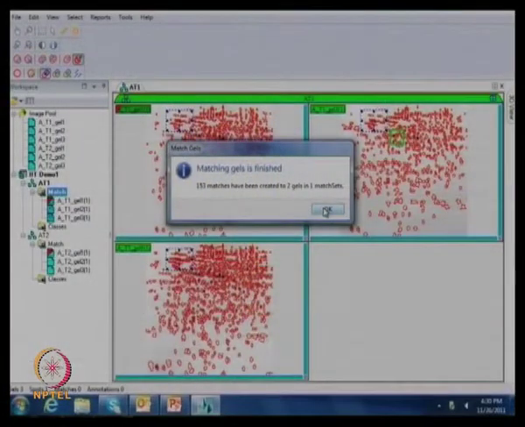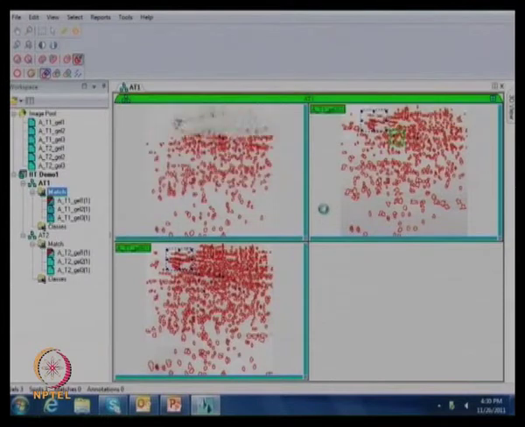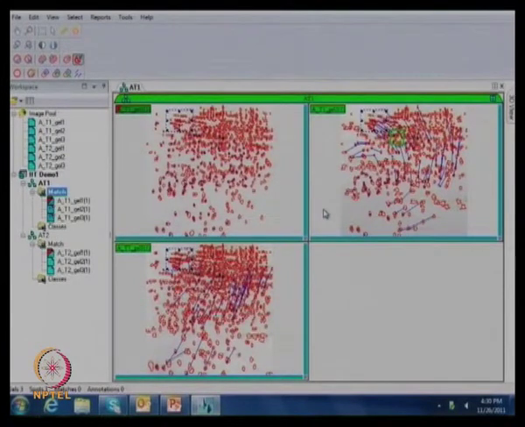So suppose instead of 3 replications, if you have maybe 5 or 6 replications, out of 5-6 replications one can remove a particular gel and take the remaining 5 gels. If during various experimental runs there are 1 or 2 gels which are very bad, which are going to affect the overall reproducibility, then by looking at these parameters one can decide, okay, out of 6 gels maybe 1 is very bad and going to affect our statistical parameters. So one should remove that and then select those which have a very good number of matches. That should be done.